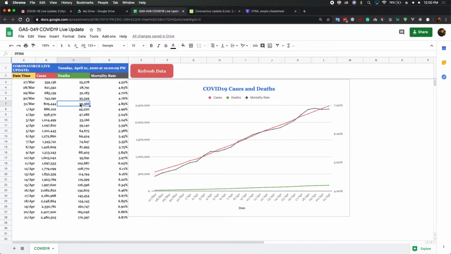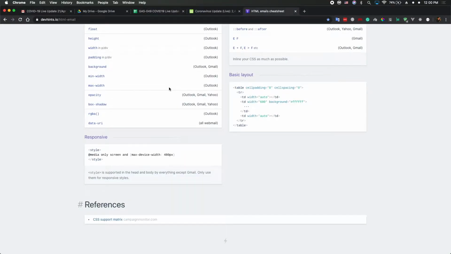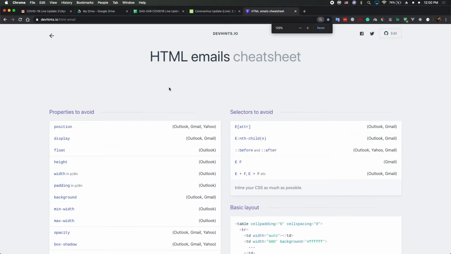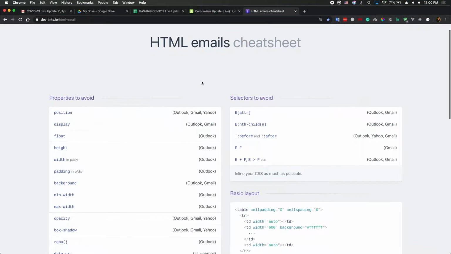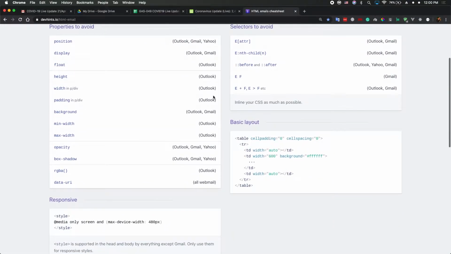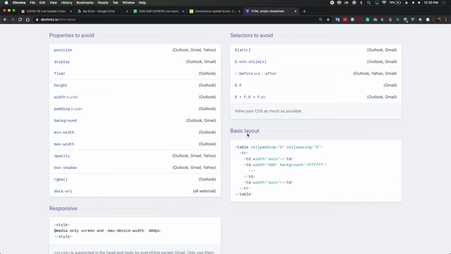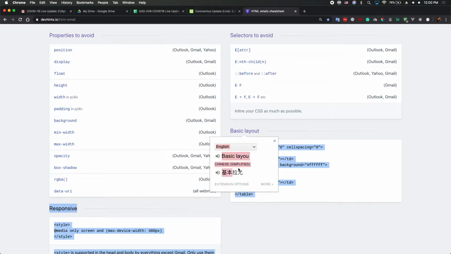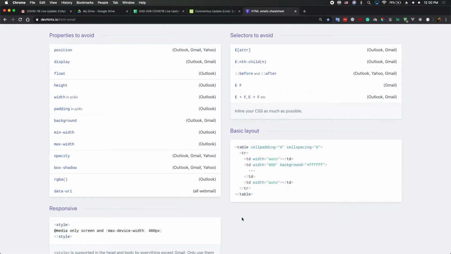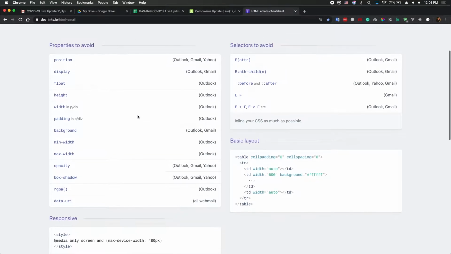Before I go to the script, I'd like to share this website with you. Basically, this is a cheat sheet for the HTML email template. As you can see here, it provides us a basic layout of the HTML template. In the email, we have to use an old school layout with the table tag in HTML, because a lot of